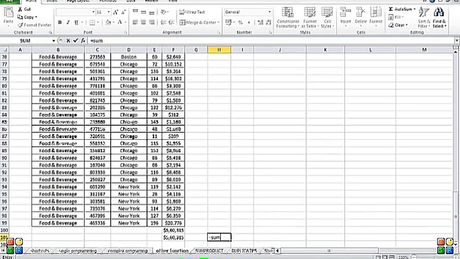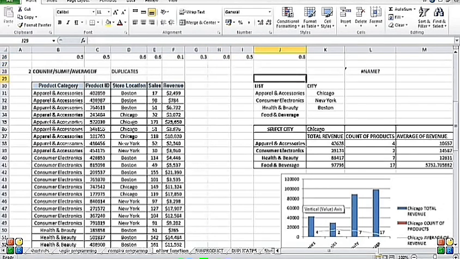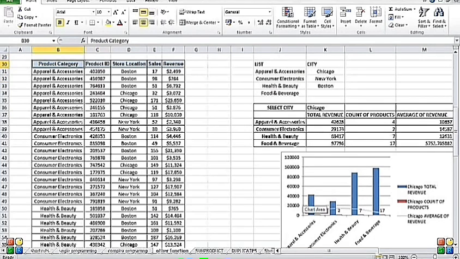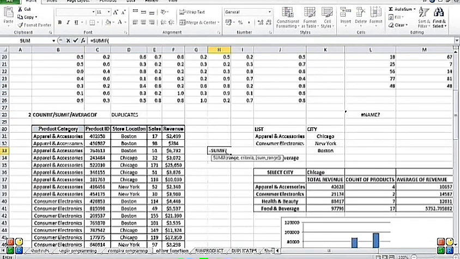So here, if you can see, we have various kinds of categories. I have certain data. You can use your own data. If you don't have any, I can share a link to certain data. So what we have here is apparel and accessories, then product ID, store location, sales, and revenue. What you have to do here is, I basically want a total sum of only those for a particular city, say I just want Chicago, or just New York, or just Boston, and accordingly on the basis of product category.